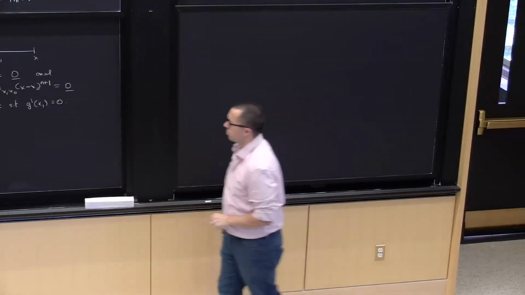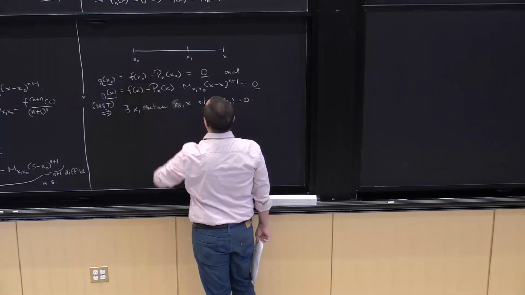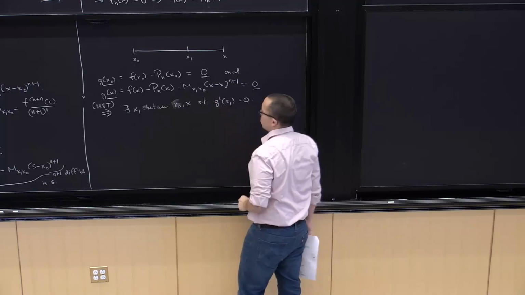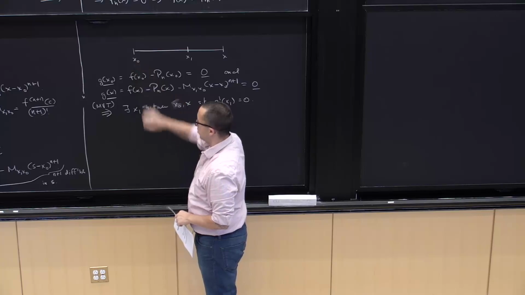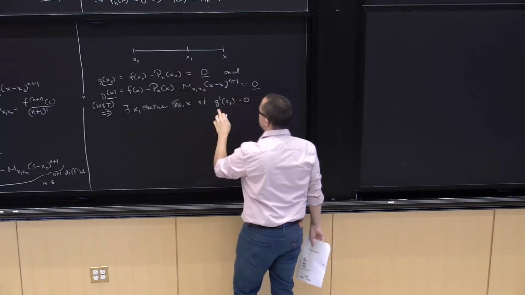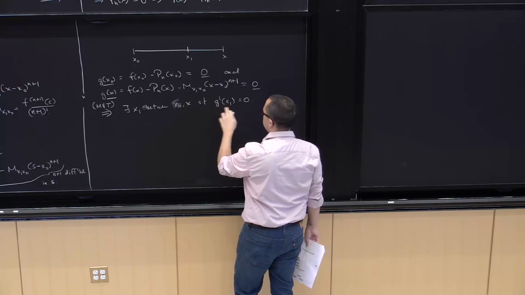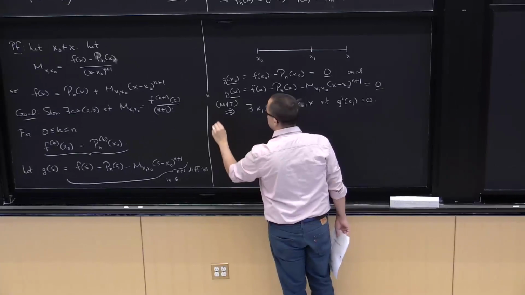Yeah? Now at x0, so at x1, g prime is 0, but also,